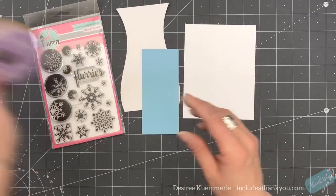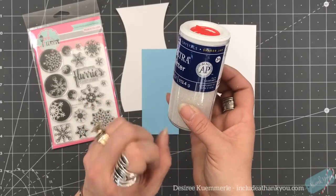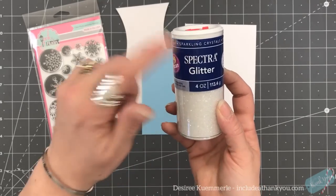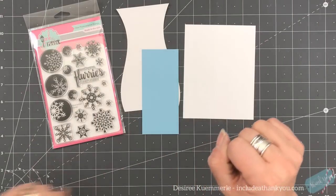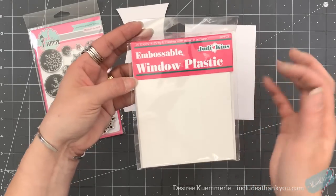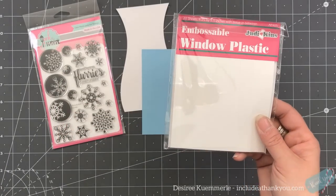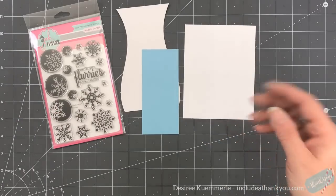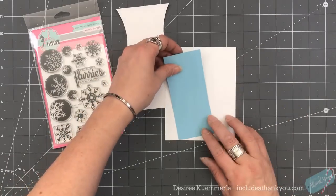I'm going to be using some ribbon. I'm going to be using some glitter that I got, I believe, from Doris. We'll see how this goes. I thought that was nice and fun. And then, of course, I'm going to be using my window plastic. This is what I usually use for my shaker cards. Okay, so the first thing that I want to do